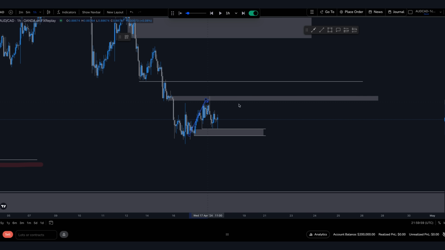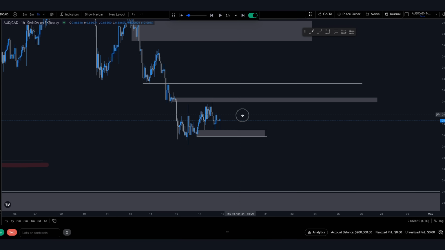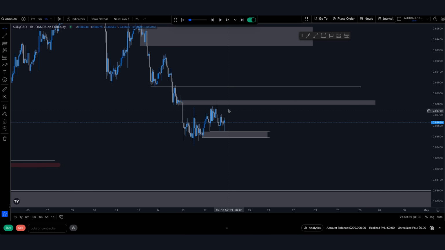So that's trade number 1 built from the narrative. And you can see it's very, very simple. High time frame points of interest, and then medium time frame points of interest. And all of the trading that takes place is just running it from this zone to this zone, from this POI to this POI. Okay,